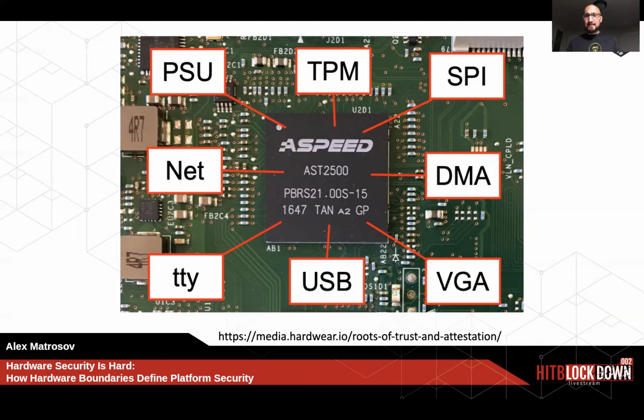Also, in many cases, the BMC has DMA access, which can create additional ways for the attacker. And this has been covered by Alexander Gazet and Jeffrey Tchernykh in the research from the previous slide.